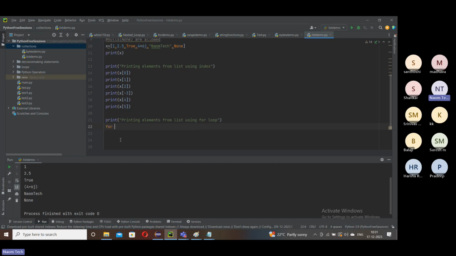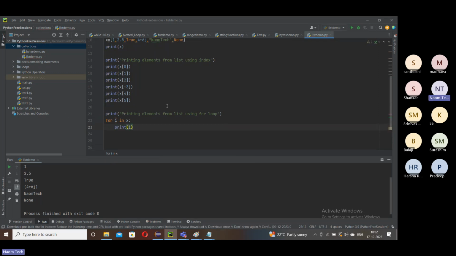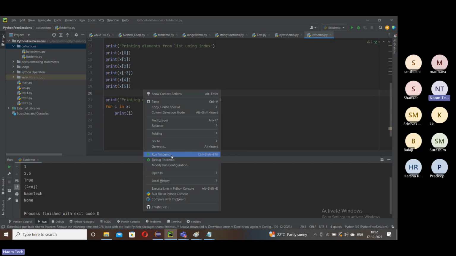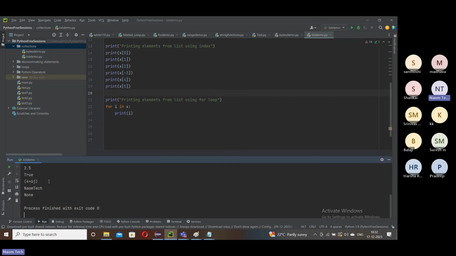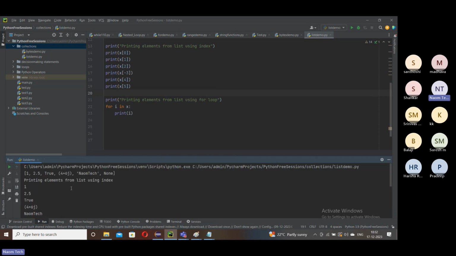For some dummy variable in collection. Our collection is X. Put that here and then print i. Then print this. You can see here now. So these are elements we are printing using a loop here. This is the output we are printing through